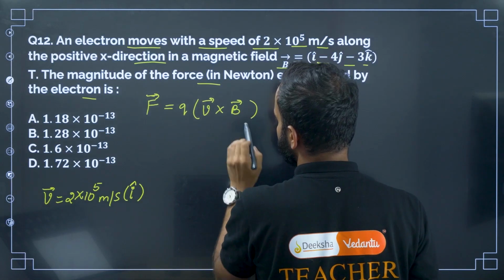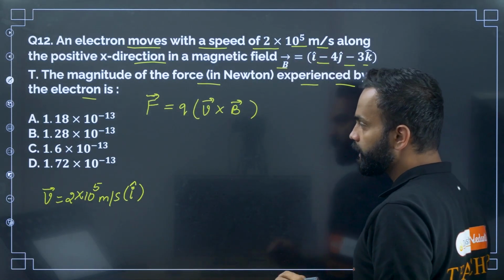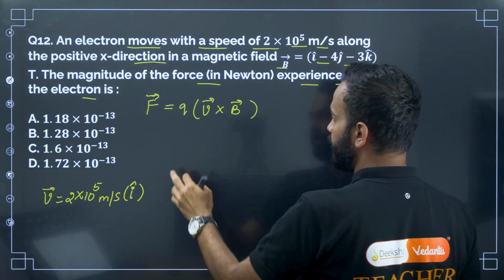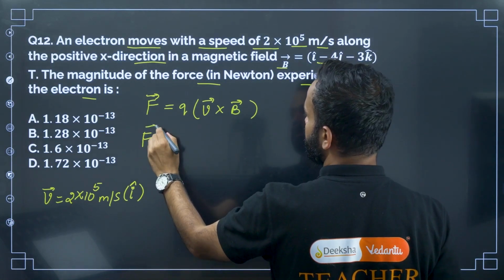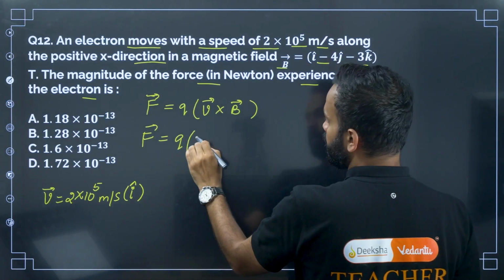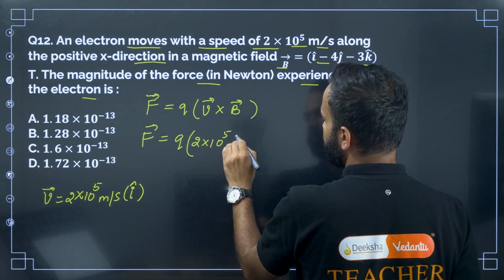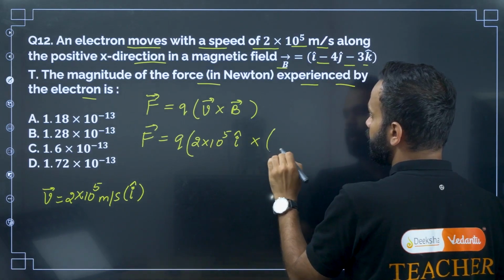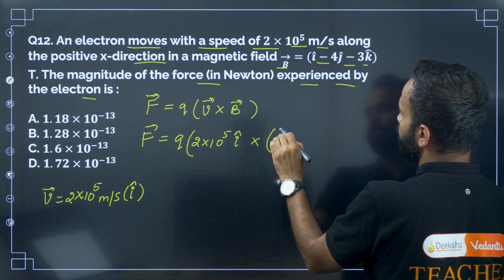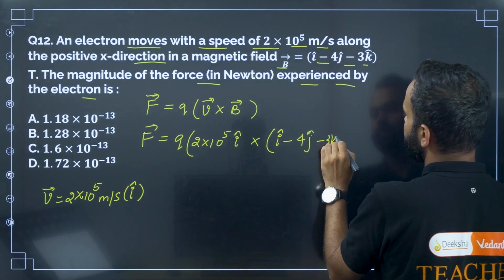Q into V cross B. Okay, so now F vector, we need to find the magnitude of the F vector, right? Let us find F vector. F vector is equal to Q into V, which is 2 into 10 to the power 5 I cap, cross B vector, which will be I cap minus 4 J cap minus 3k cap,